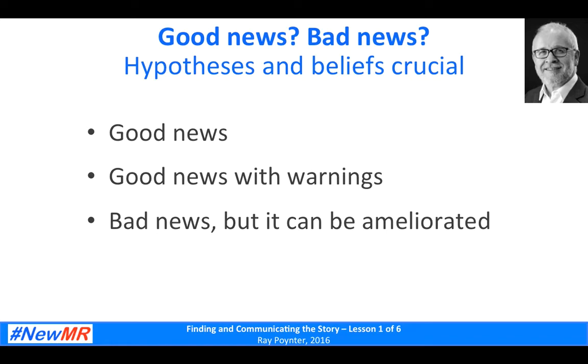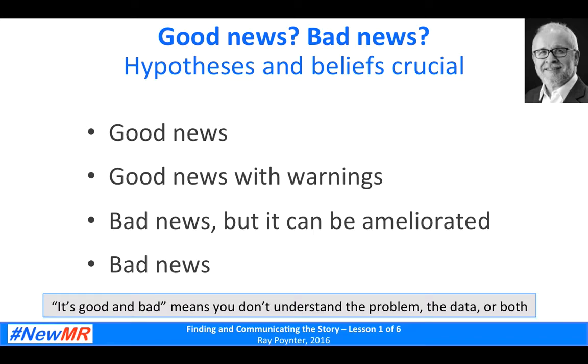Then we have bad news. They didn't like it mostly, but this group of people did. They could see how we could use it. We think if you were to make these changes, it might be really quite viable. And then we have the really bad news. This is not a good idea. It doesn't have any legs. It needs a major rethink. Stop what you're doing to find out how much of a rethink that is. And most stories should fall into one of those 4. If it's a balance of good and bad, that just means you haven't thought it through enough.